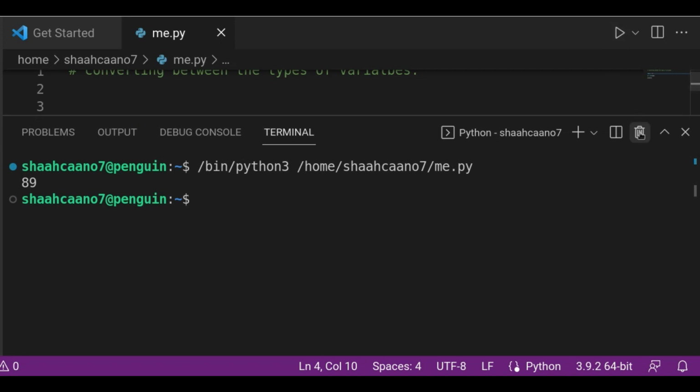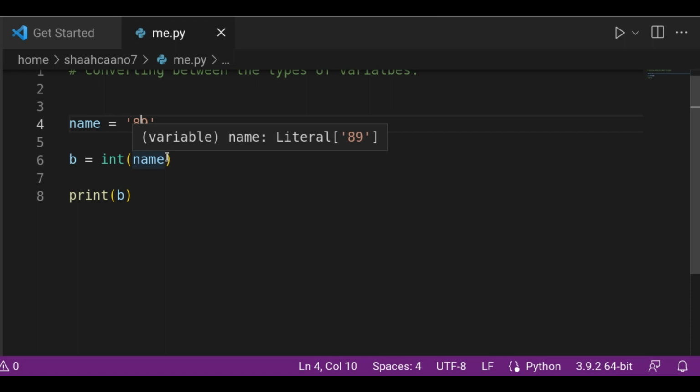Alright, so let's just do it. Let's remove